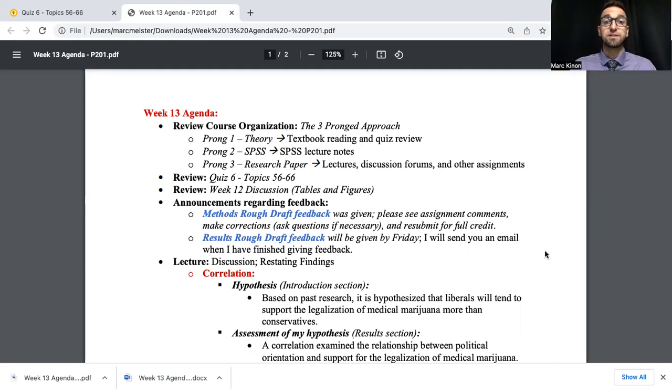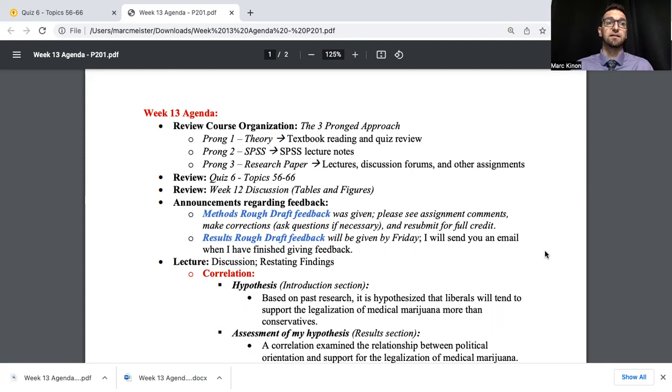The third prong is the research paper. And how do we get through this research paper? Week by week, piece by piece, through these lectures, through you participating in discussion forums and peer reviewing each other. And then the other assignments, which are the rough drafts. That's where I give you the feedback that you need and we go back and forth, okay? And then eventually you get 100% because you make all the changes that I need you to make,